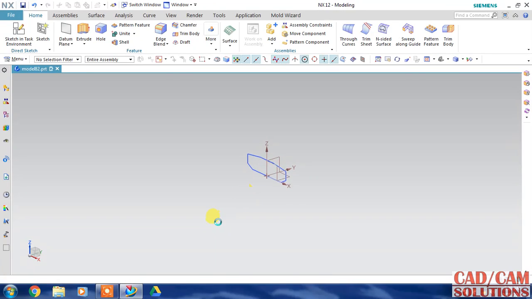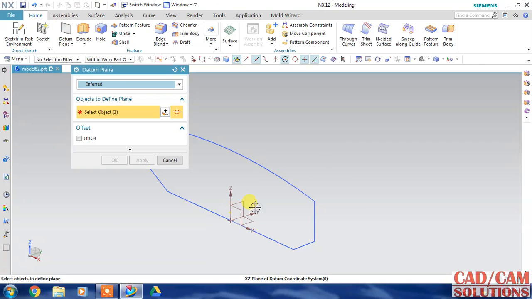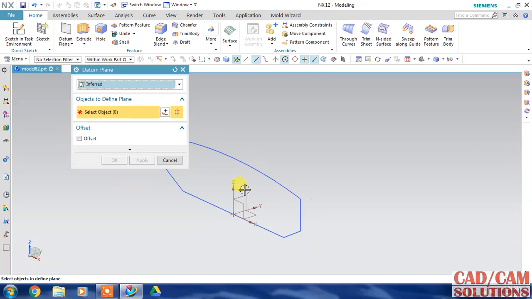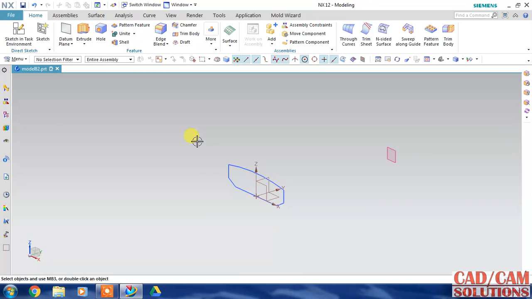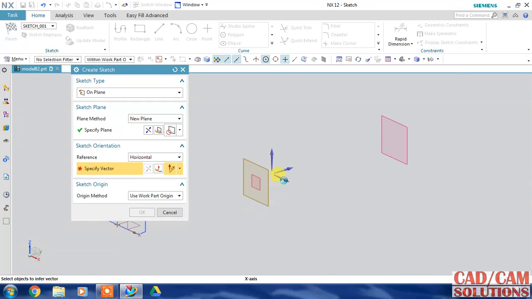Now we will create another plane. The second plane is 4 inches away from the first one, and select again. I need one more plane, so we have 3 planes here. Now select the second one, and we will draw another sketch, another section,